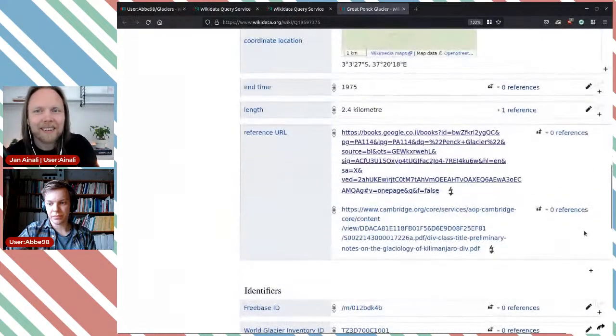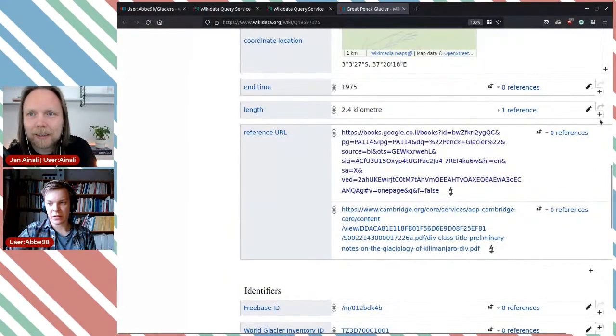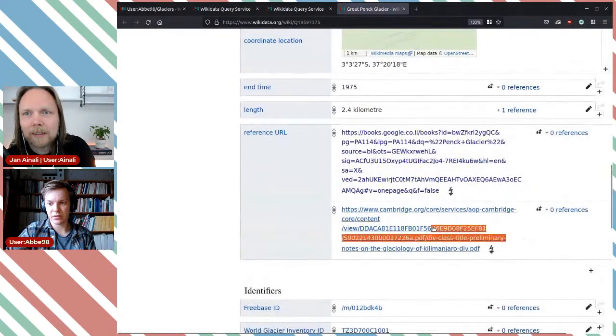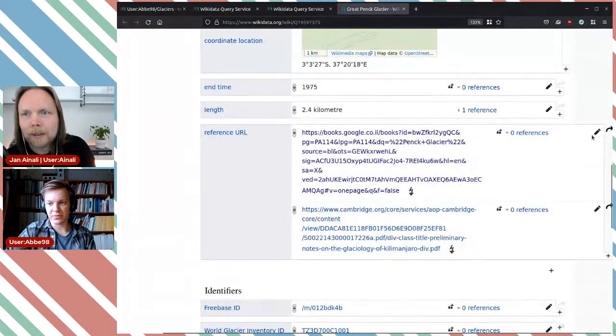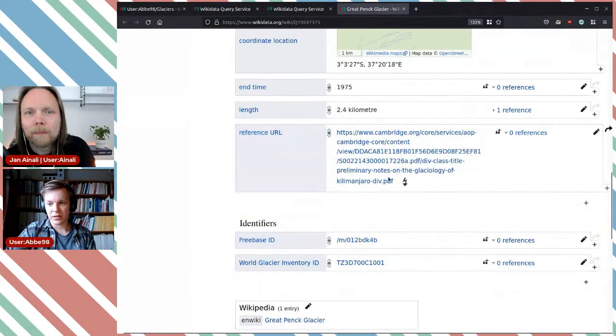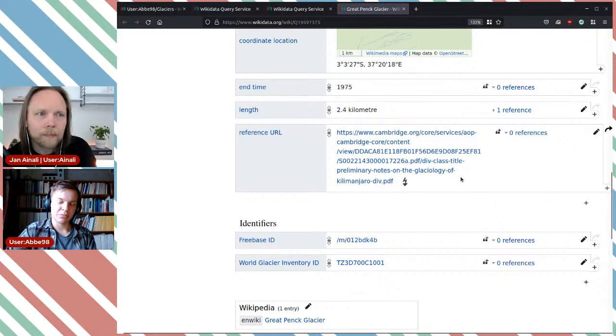What happened in the interface there? Yeah, I can't edit it because it's too long. If you zoom out, there you go. There you go. And describe that URL maybe,